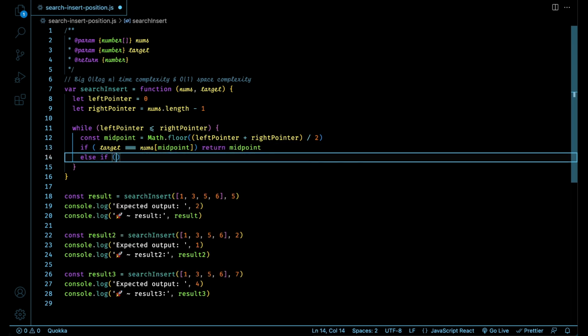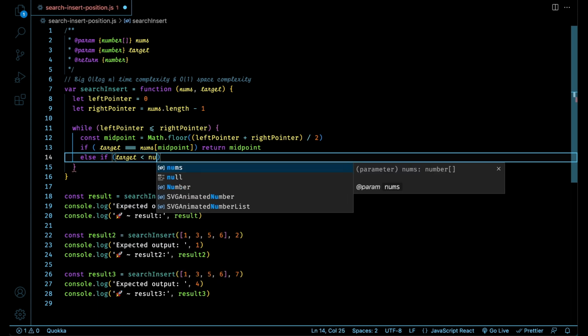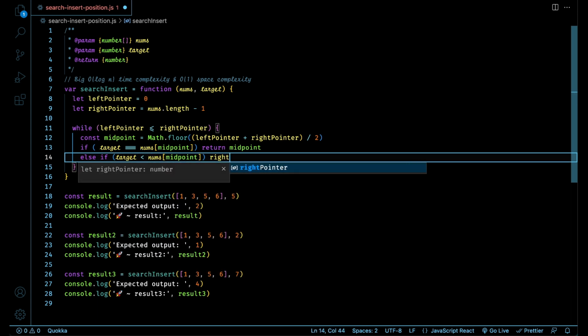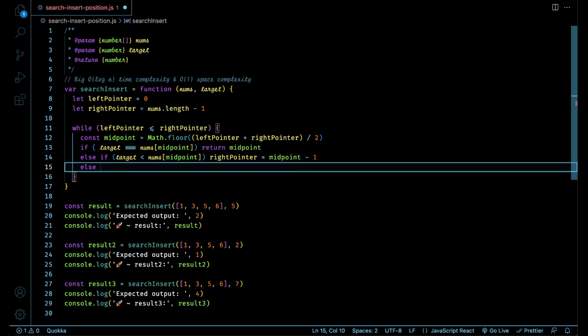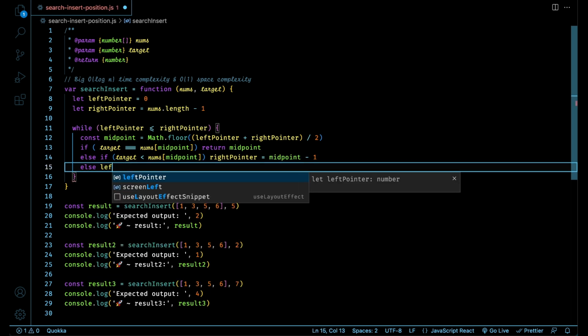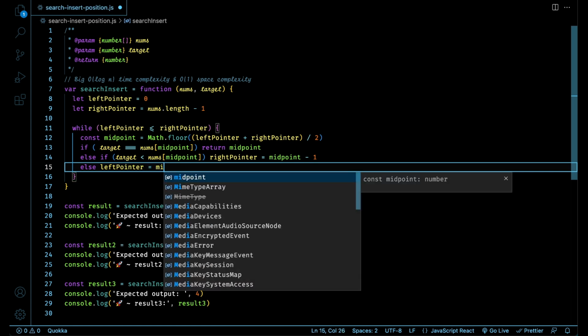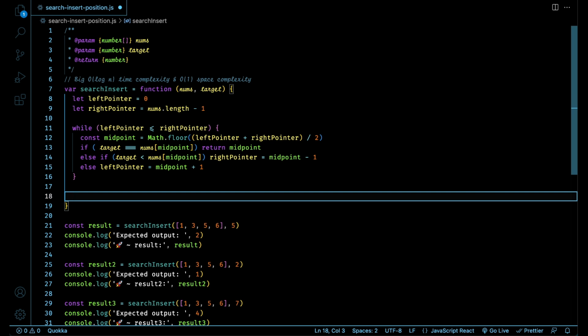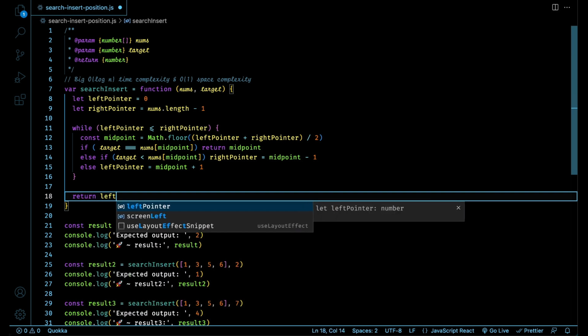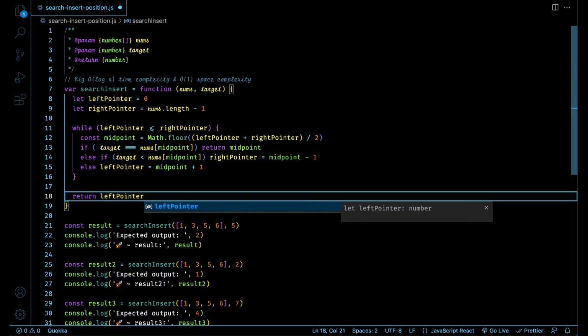Else if the target is less than the value at the midpoint, we're going to reassign the right pointer to be the midpoint minus 1. Else, that means the target is greater than our midpoint value, so we're going to reassign the left pointer to be the midpoint plus 1. And if we make it out of the while loop without returning the midpoint, we're going to return the left pointer, because that means our target wasn't present in our nums array, and the left pointer is where we should